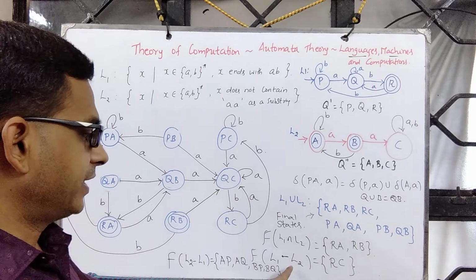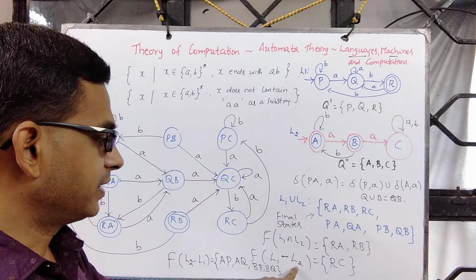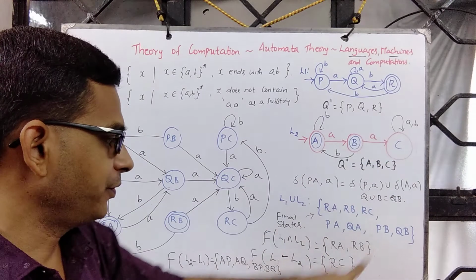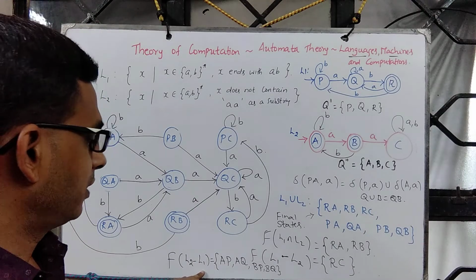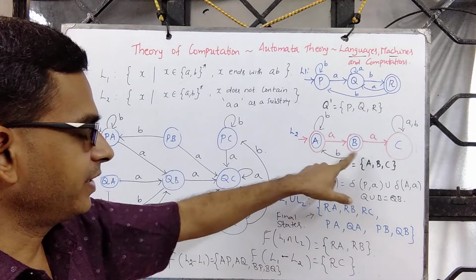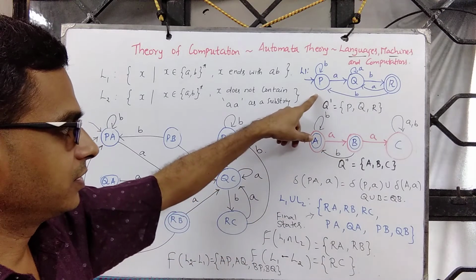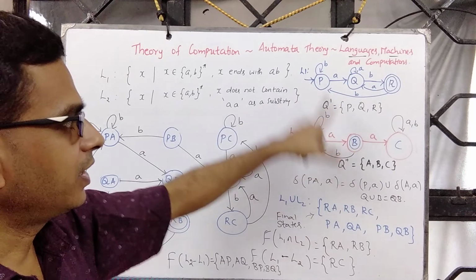Okay, so L1 minus L2 says accepted by the first automaton, rejected by the second automaton. So I should be in a non-final state with respect to L2. For L2 minus L1, it says it should be accepted by the automaton, rejected by this, so which means it is AP, AQ or BP,